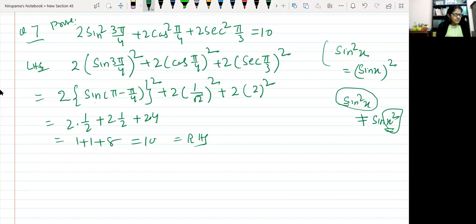And question number 6 we have already done, 7 already done, and for the 8th question again you can apply the reduction formula. 9th question we have done, 10th is similar to the 9th question, 11th we have done. Okay, questions 16, 17, 18, 19, 20, 21, all these questions are applications of the CD formula. We have also done 2 or 3 questions out of these. So I'm sure all the questions involving the CD formula and A plus B, A minus B will be done by you, right?